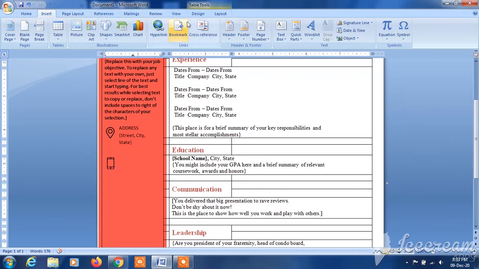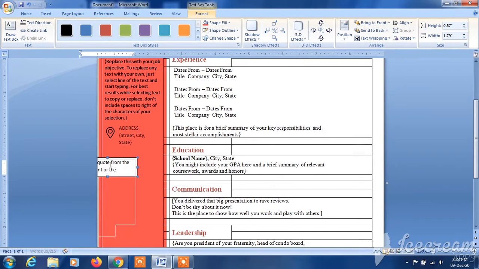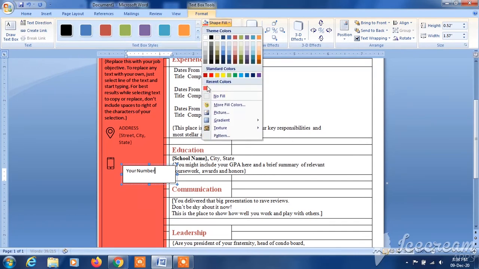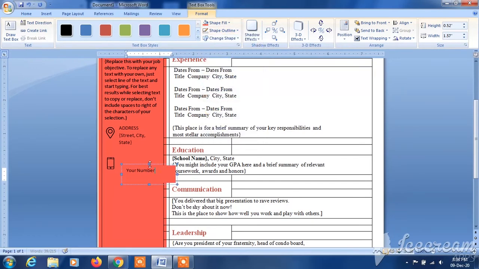go to insert, add text box, and yes, add another text box like this and move it in the center, resize it, and here you write your phone number like this, and you have to actually fill the box with the same color as the background and change the outline to no outline, and you will now place the text box in front of the symbol